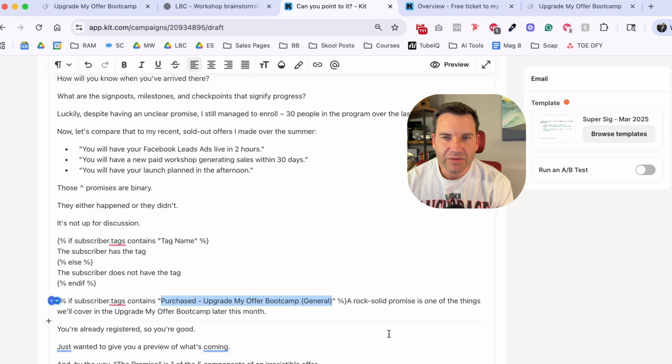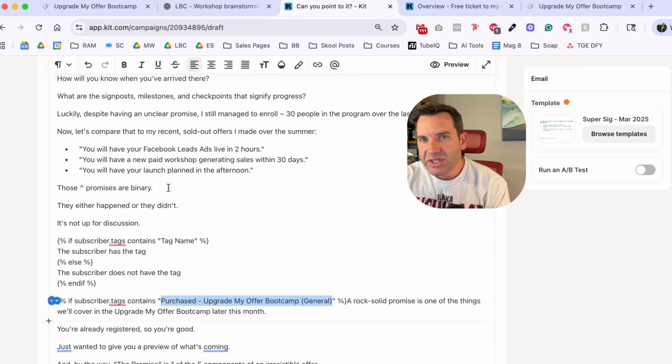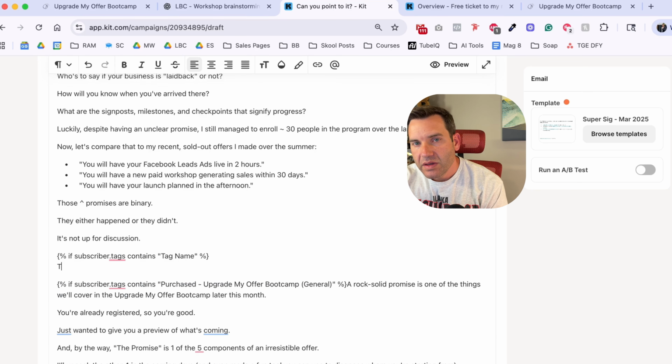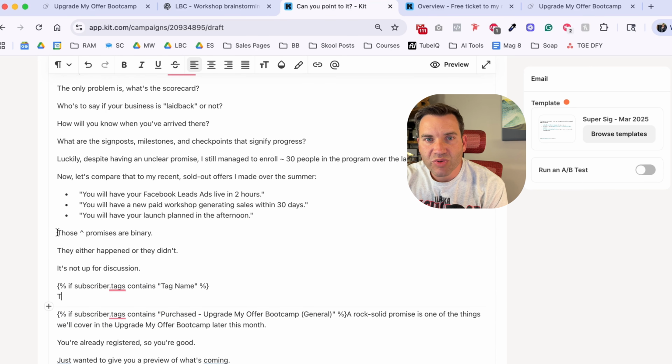Because everybody, for 20 bucks, gets a general admission ticket. They can upgrade for 97 to the VIP, but this is the ticket to see if, this is the tag to see if they have purchased the boot camp or not. Okay. So I'm teaching, I'm talking, I'm doing my thing. And so the last line of text that they would see is this,